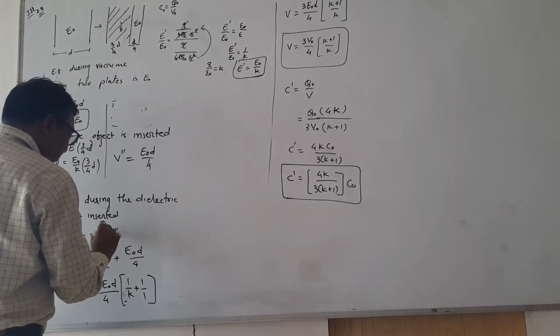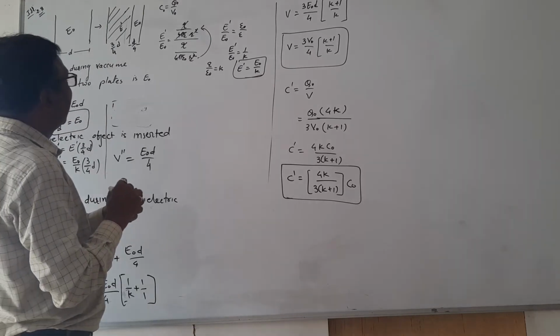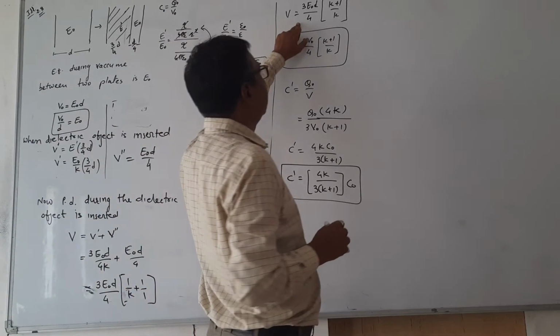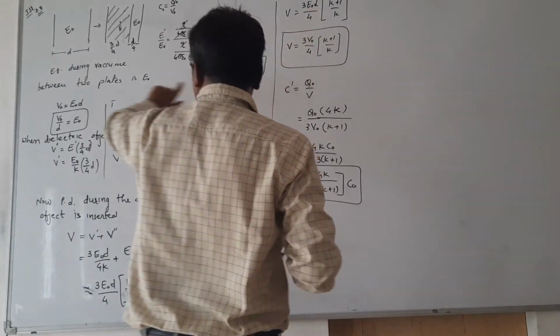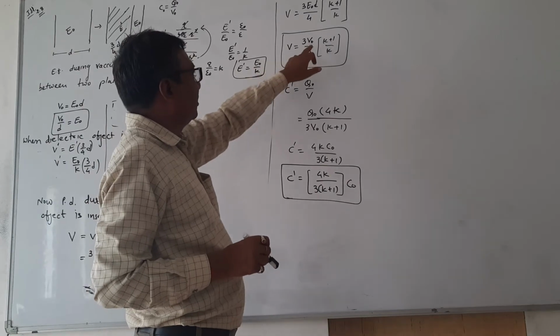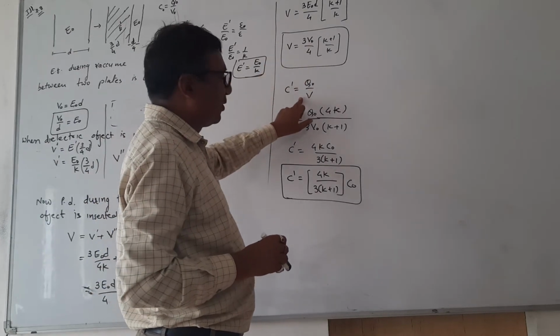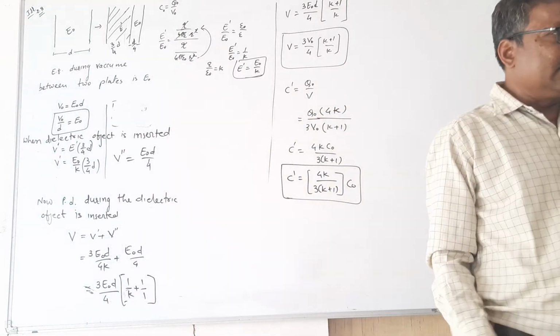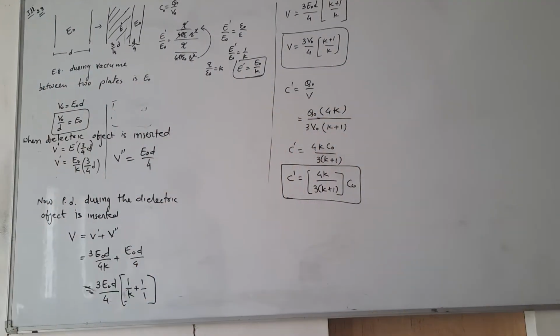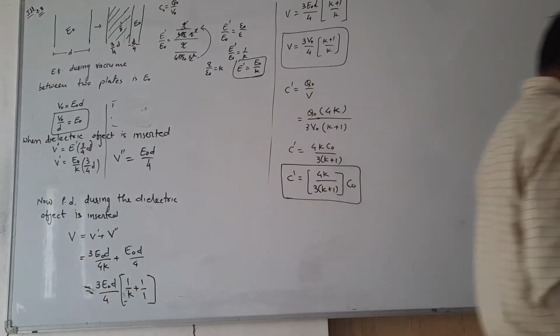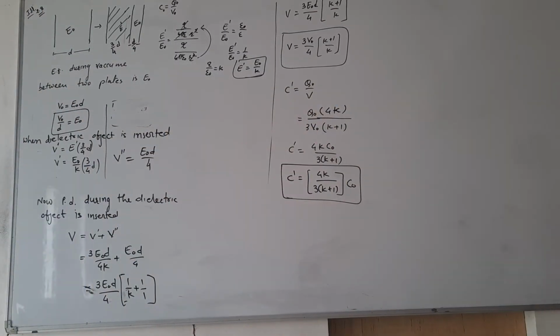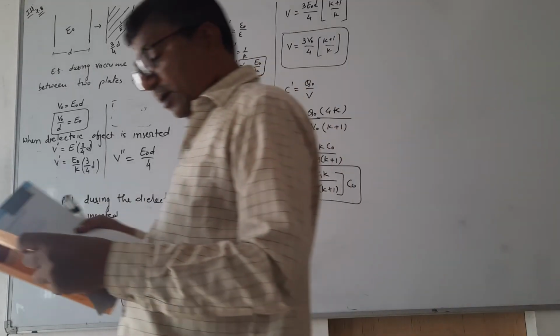And now you must have memorized this formula, so you can use it over here. You know that E0d is equal to V0. So now put that, and now C dash is equal to Q0 upon V, because charge cannot be changed, only capacitance and potential difference can be changed. Okay, so you got the new value. Illustration number 3.9 is a little bit larger, so it cannot be finished, so we can move to the exercise.